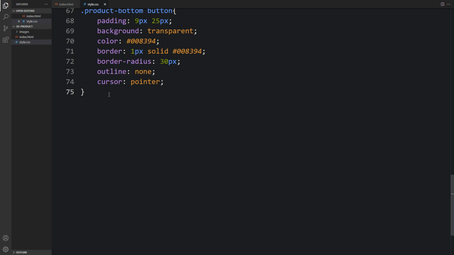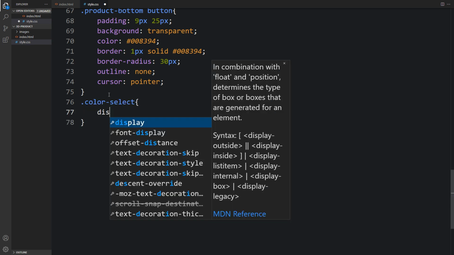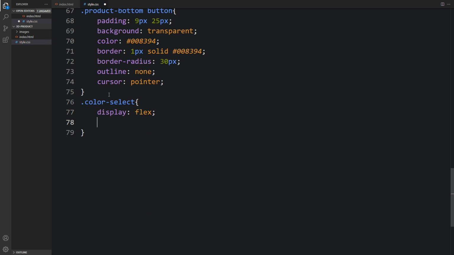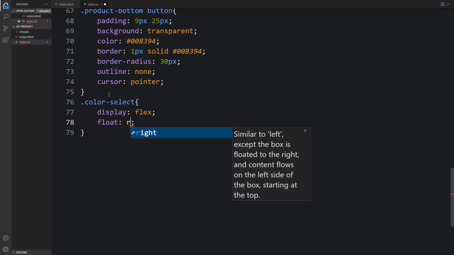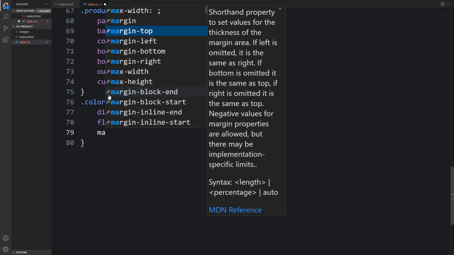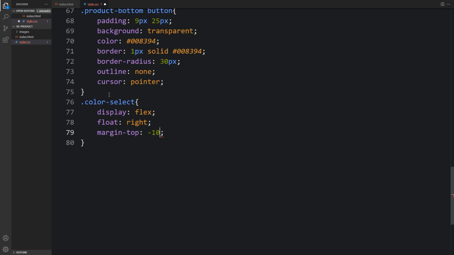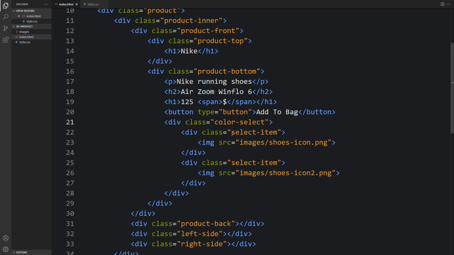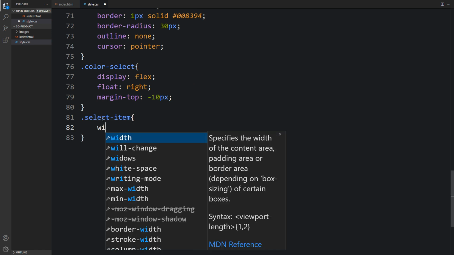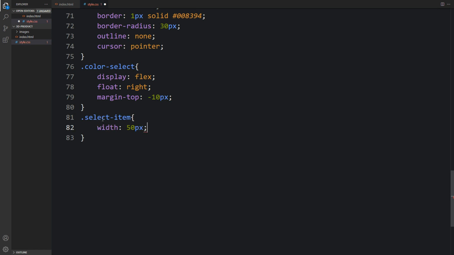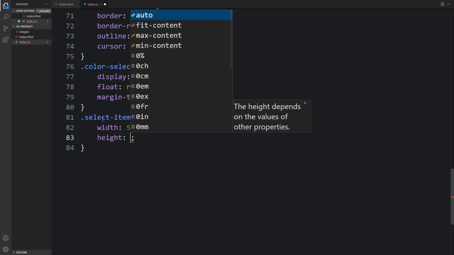write it here in the CSS file, and for this one we will add display will be flex, and after that float, it will be right, and margin from the top -10 pixel. In this div you can see I have added another div with the class name select item, so write this class name select item, and here we will add the width 50 pixel and height also 50 pixel,